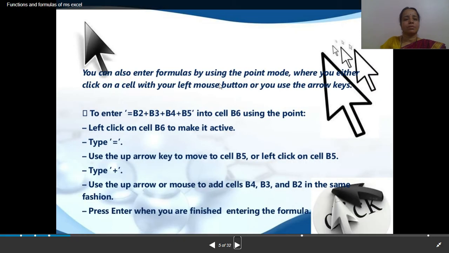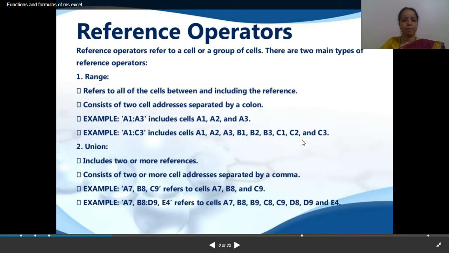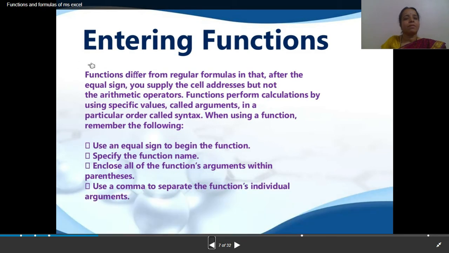Now, using the pointer or using the keyboard to enter the functions in the cell, we use the equal to sign to begin with the function and specify the function name.